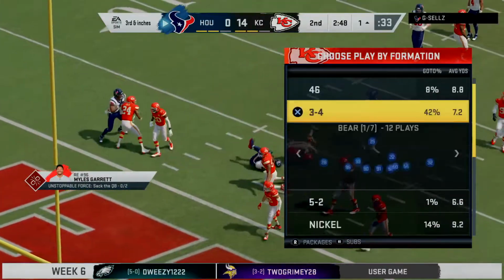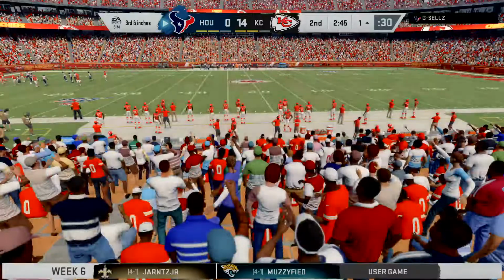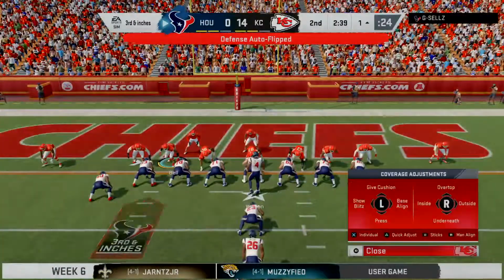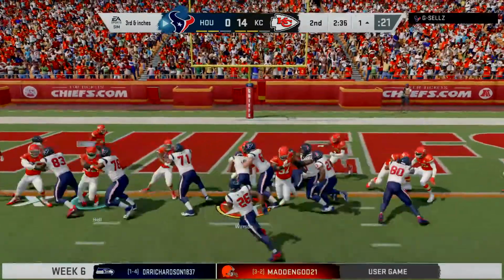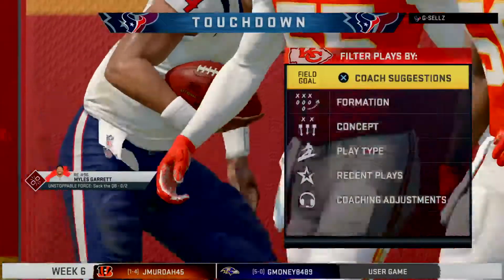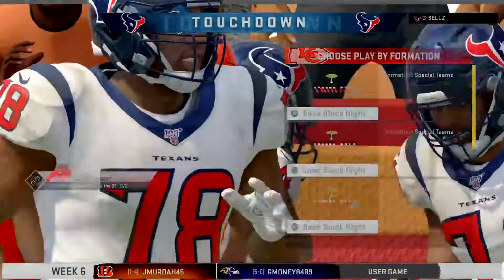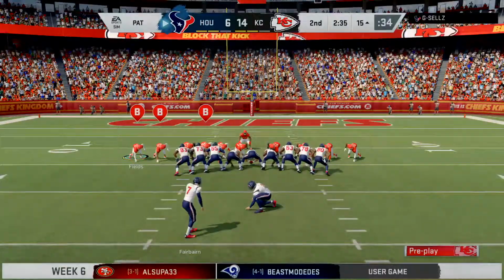Seems as if the passing attack's starting to heat up a little bit here in the 2nd quarter. You can sense and you can see the momentum because now they're reading their patterns downfield. They're understanding the coverages. And he's in for the score. Touchdown, Texans. Deshaun Watson with touchdown number 12 on the year as they are now on the board here in